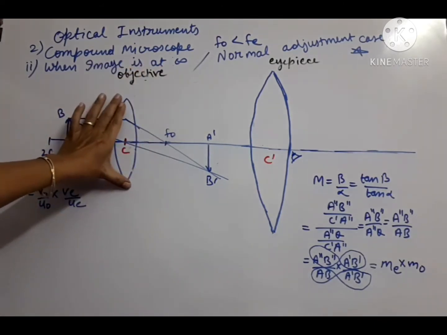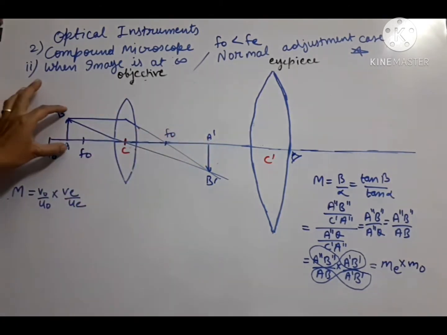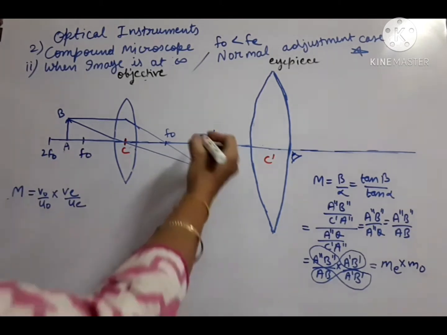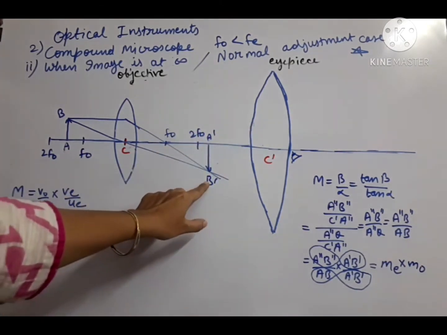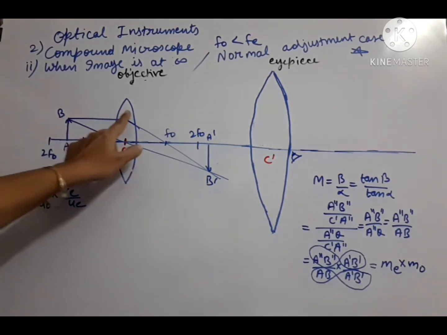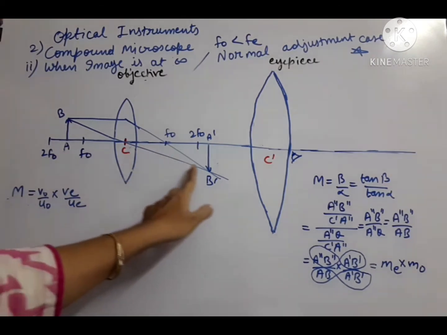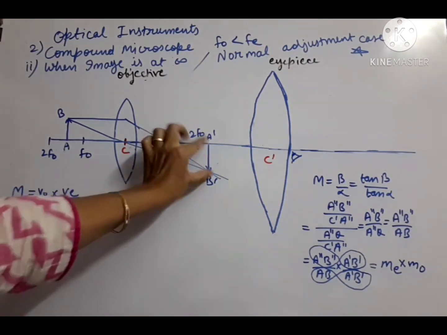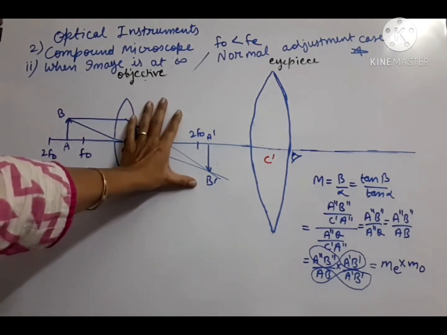So the objective lens, its image diagram will remain same. We will take the first object AB between F and 2F. So the final image which is formed, that is beyond 2F. This is the same image formation. One ray parallel after refraction through focus and second ray through optical center, it will go straight, unbent. So wherever they meet, there the final image is formed. Okay, so this part is same exactly which we have done for the D case.